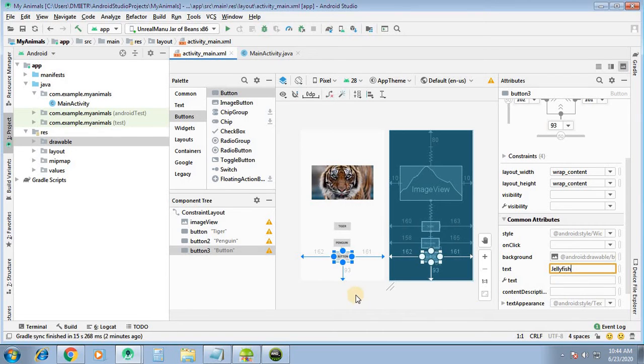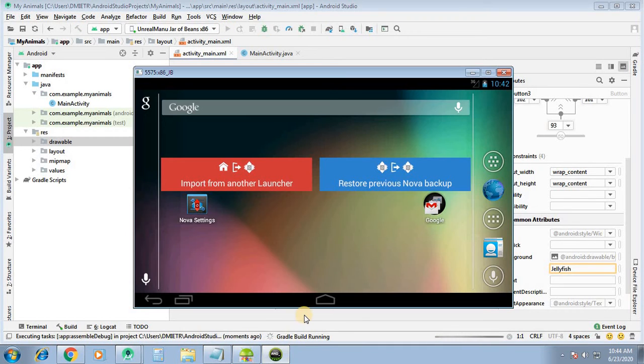Whenever I click on any one of the buttons, the corresponding image will be set to this image view. Now let us run this configuration to see the look.